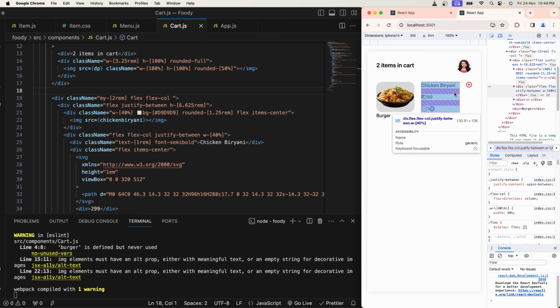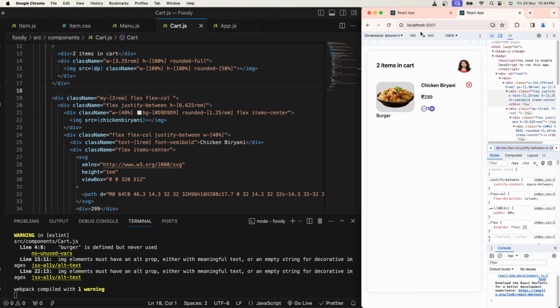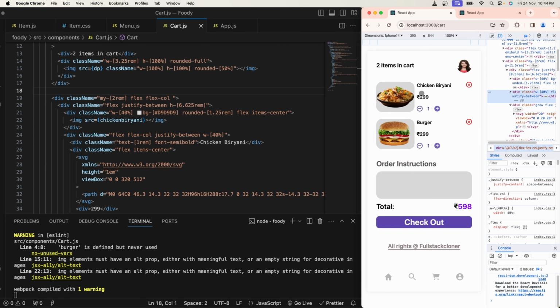When we inspect, we can get to know. So as you can see, it has equal spacing here and here. But in my original screen, my chicken biryani div aligns somewhat left, and it has some minor spacing here. So let me go ahead and take care of that, so that as you can see here, I give a width of 40% for this, 40% for this, and rest of the width I wanted to give